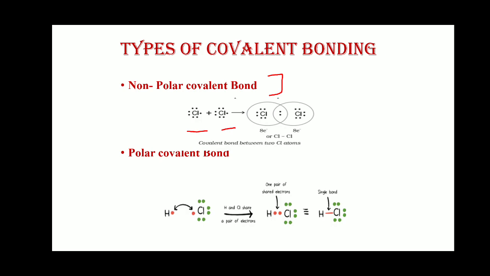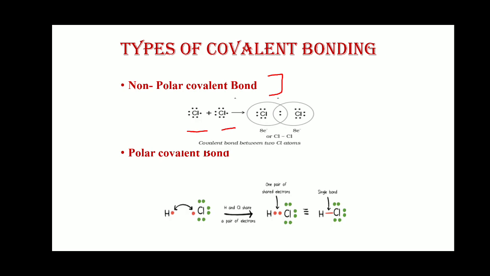So because of its high electronegativity, the chlorine atom has a tendency to attract this shared pair of electrons towards itself. That's why Cl will get a slightly negative charge and H will get a slightly positive charge. So because of this difference in electronegativity, there is a charge separation between these two atoms. One atom will get a slightly positive charge and the other atom will get a slightly negative charge. In case of HCl, the H atom will get a positive charge and the Cl atom will get a negative charge, because Cl is highly electronegative compared to the hydrogen atom.